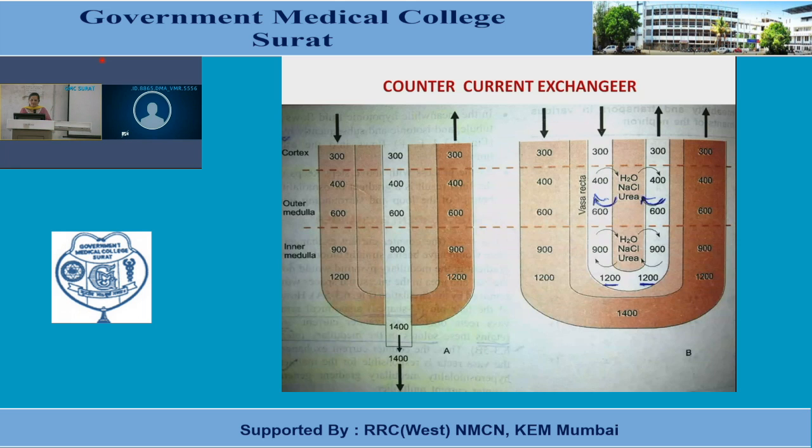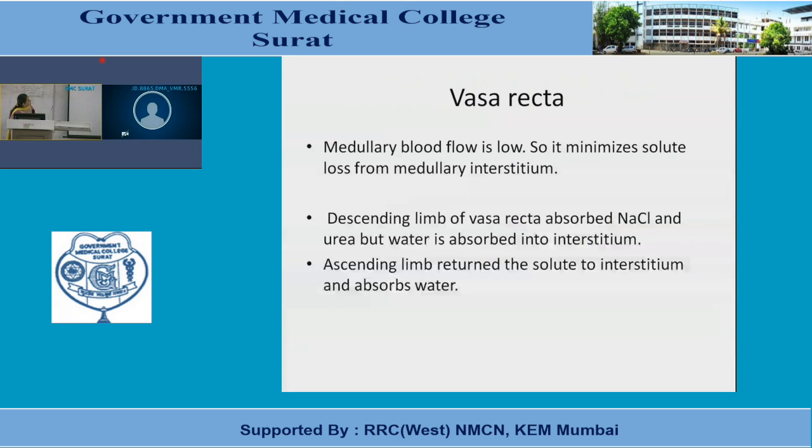See the osmolality increasing from 300 to 600, up to 1200, and you have the urea cycle. At one end, the urea has been absorbed in the cortical duct under the influence of ADH along with water, but then this will lead to urea loss. So this urea will again recirculate and come to the proximal part, the descending limb. Again, it will be reabsorbed. So this urea cycle is very important for the hyperosmolar medullary interstitium. So this is the countercurrent system.